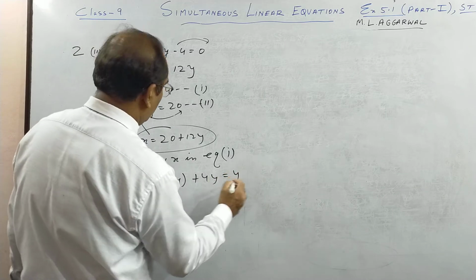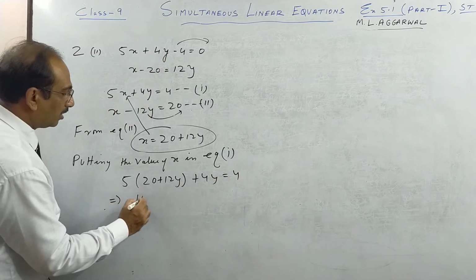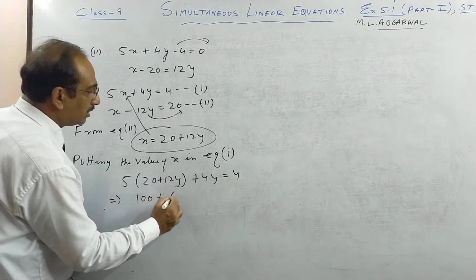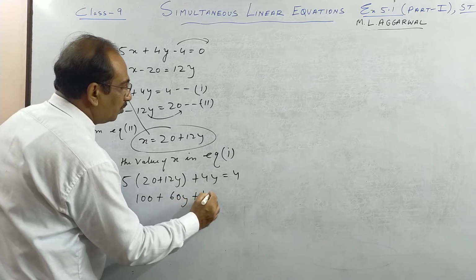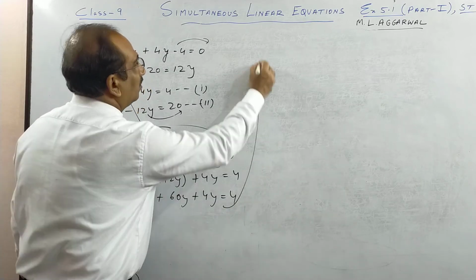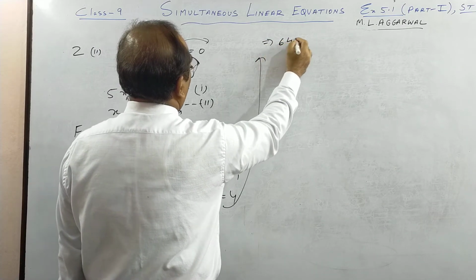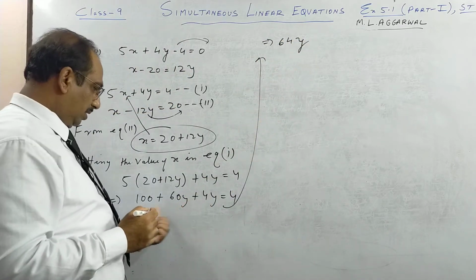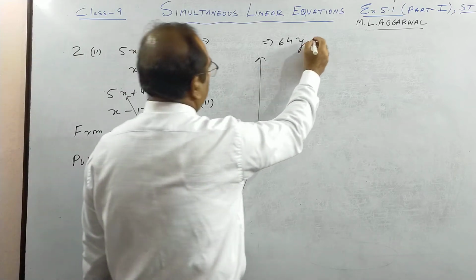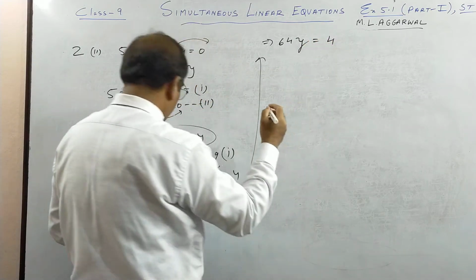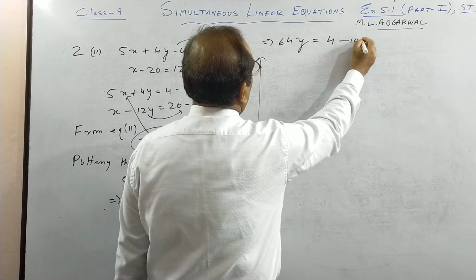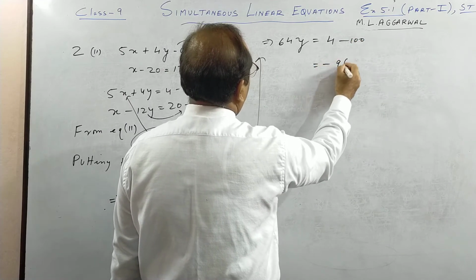This is equal to 4. So open the bracket, what do we get? 100 plus 60y plus 4y is 4. So finally we get 64y. If you see, 100 goes to that side, 4 minus 100. So we get minus 96